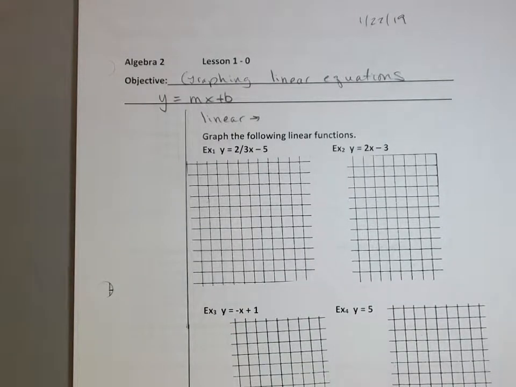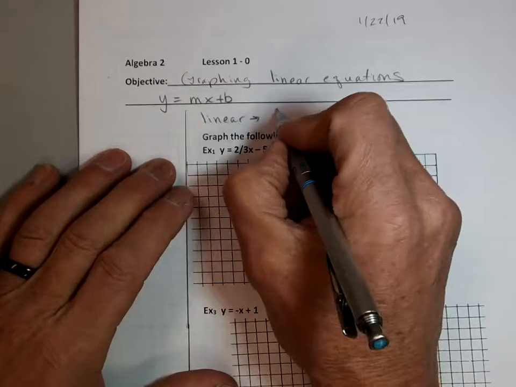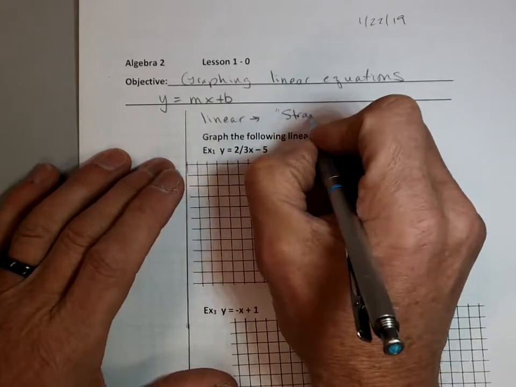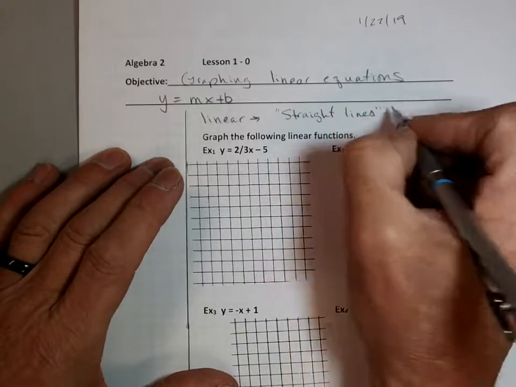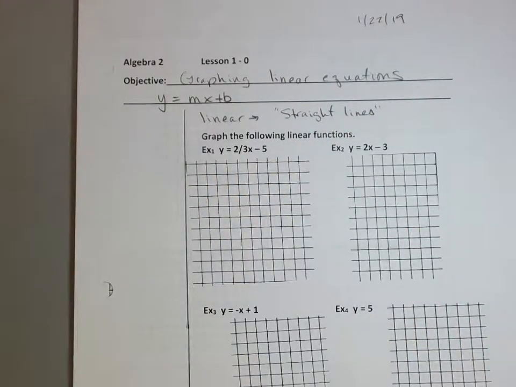But there's lots of lines, curvy lines. But if it's linear, it's straight lines, that makes sense? If we're talking about linear equations, it's going to be straight lines. And we will do a bunch of curvy lines in here because this is Algebra 2. We'll get through this chapter. We'll do some parabolas in here, but the first couple of days is going to be just straight linear equations,